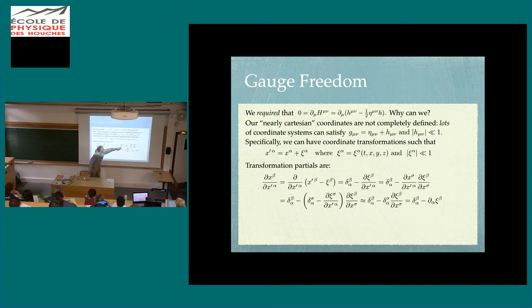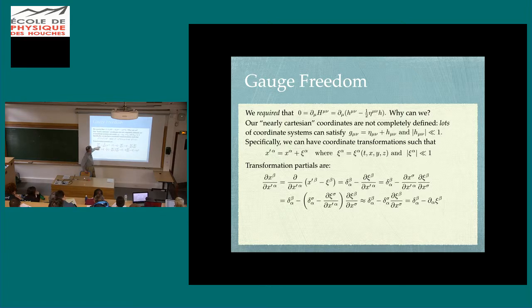I've got the derivative left over here, and then I'm going to re-express this in terms of ordinary derivatives of the first coordinate system, just using standard partial differential calculus. And then if I think about what that's going to be,